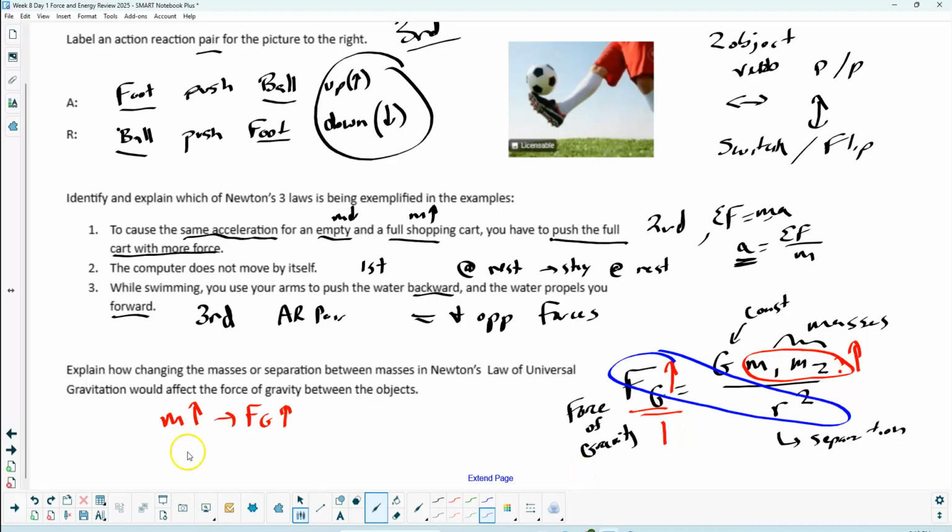So they're in opposite parts of the fraction. So as the separation increases, the force of gravity decreases. So that's just talking about the relationships between them. Okay, so then we're going to get into the